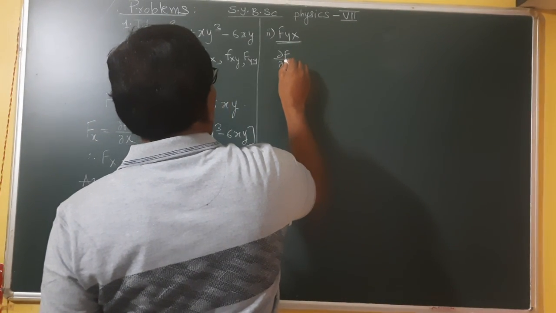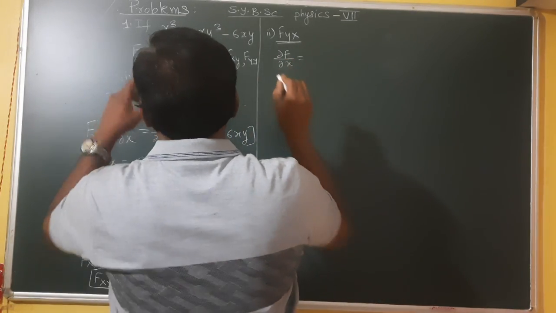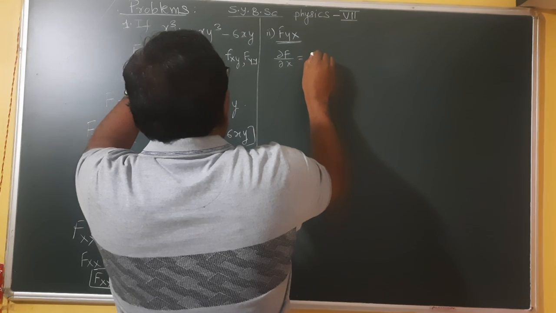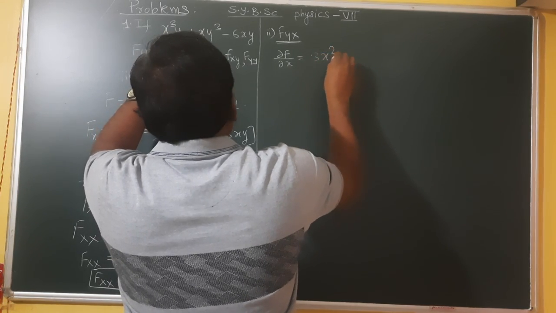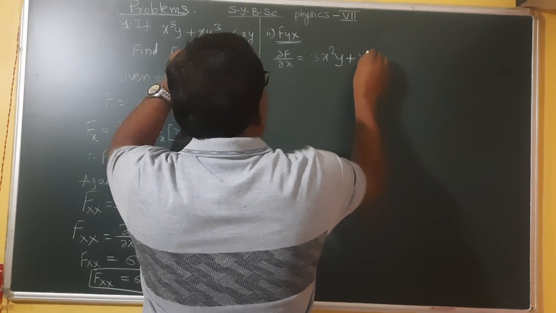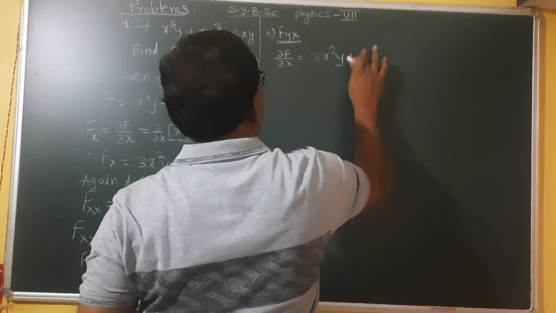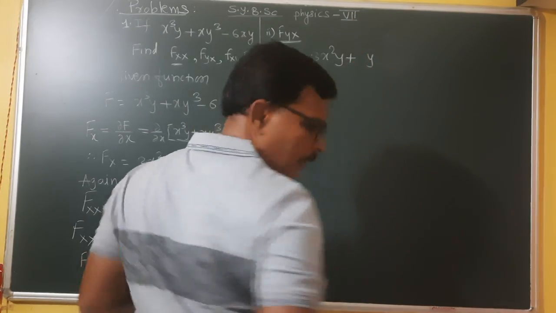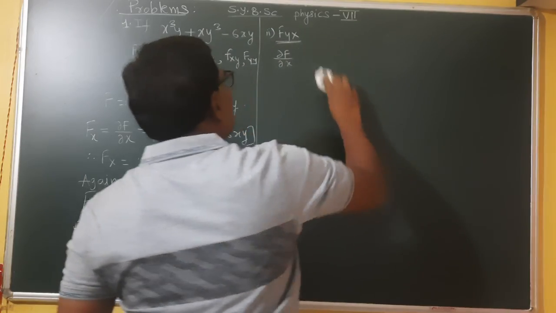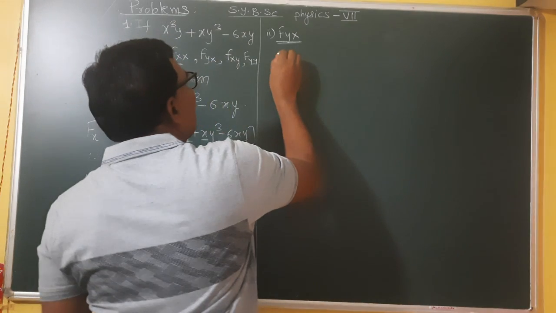Dou f by dou x is equal to, we have to consider again the function we have, that is 3x square y plus x into y cube minus 6xy. Considering the first derivative with respect to x, that is fx is equal to